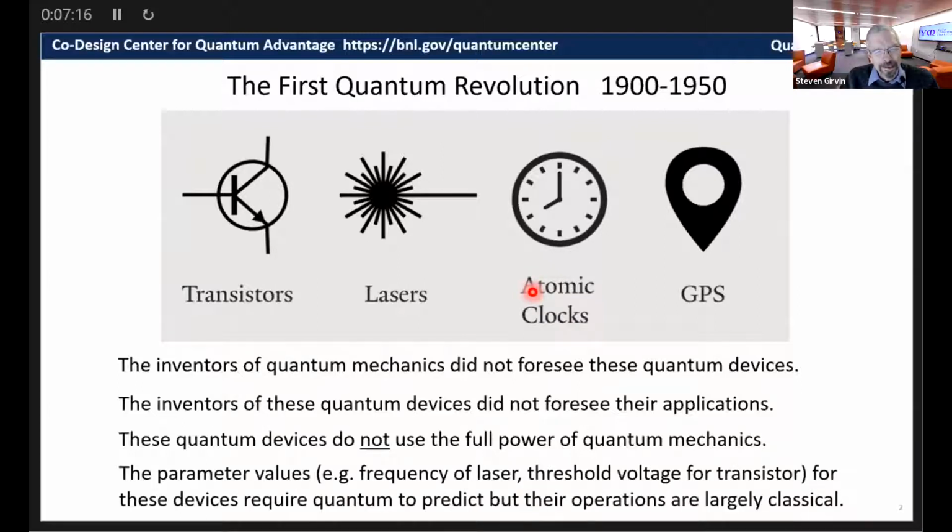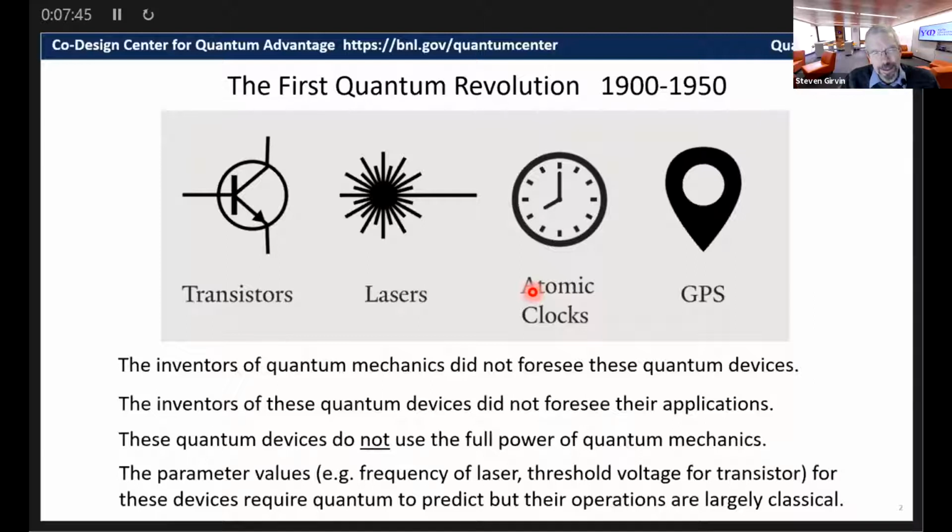Well, you need the quantum theory in order to predict the parameter values of these devices. What is the frequency of the laser? Well, you have to know the quantized energy levels of the atoms. What is the threshold voltage that turns on the transistor switch? Well, you have to know about the electronic bands in silicon. So you need the quantum theory to predict these